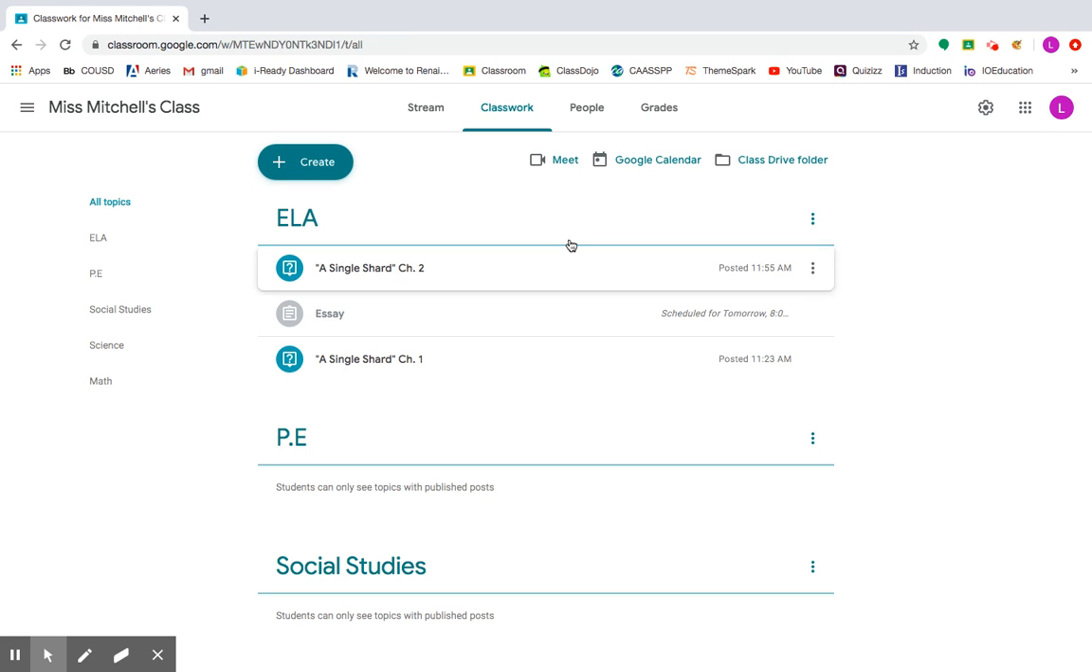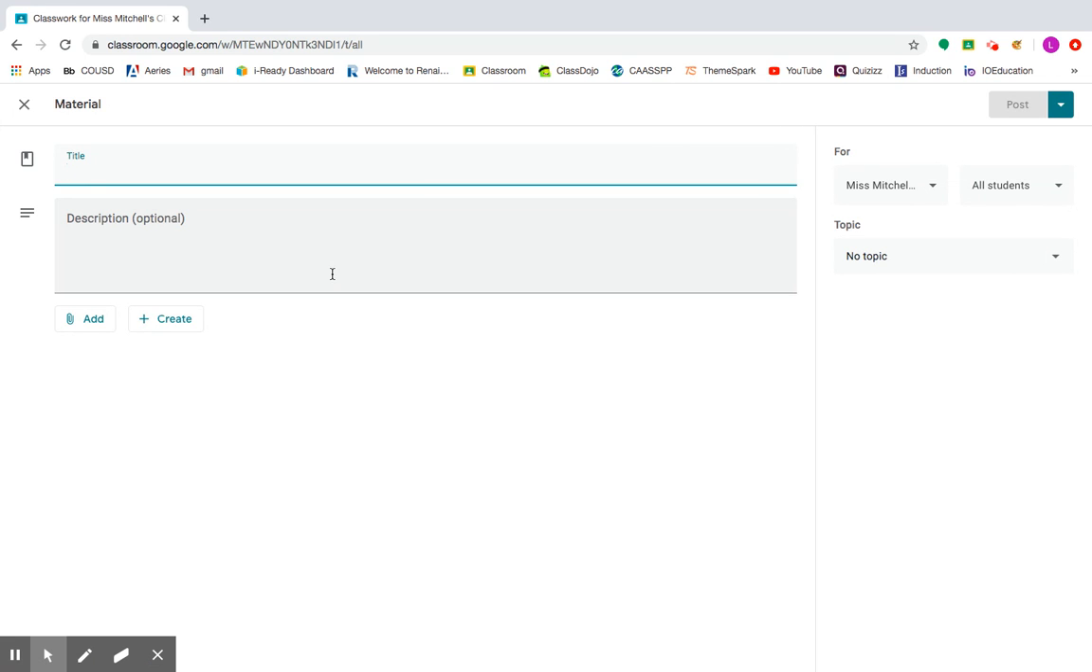The next thing I'm going to show you is how to create a material. So if you just want to post material or resources, you could have a resources tab in your classwork. You're going to click on material. So material isn't for students to do any work. It's really just for resources, if you're having them watch a video or something of that sort. So I am going to post my recording of A Single Shard,